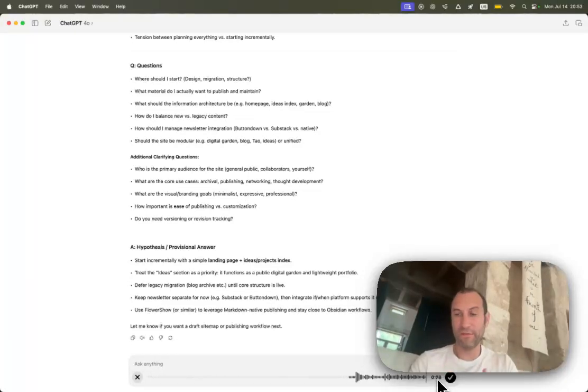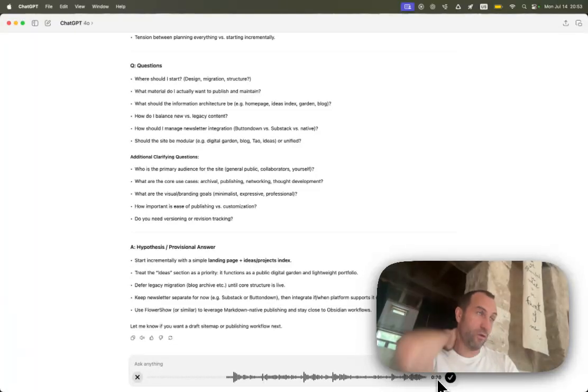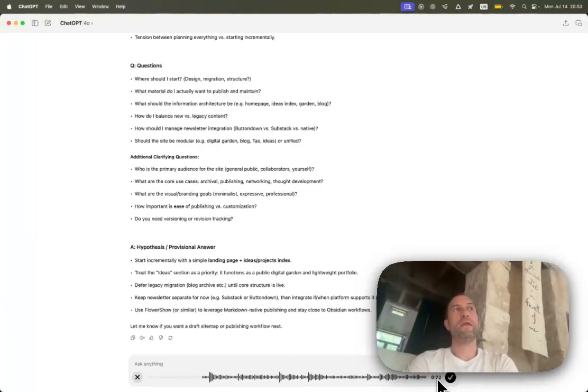I think the first thing is just to stub a repo and get it loading, running on Flowershow, and just have that running. Then it's probably to outline the contents of the front page. Maybe for now, just keep it really simple, not even migrate the old front page. And I think the first thing I really want to do is set up maybe blog posts and the idea catalog. That would be kind of cool, and we'll see how that goes.